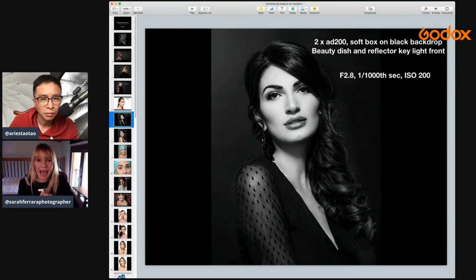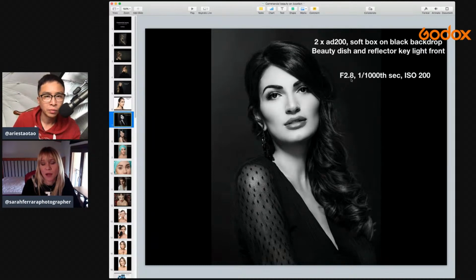And I've got a reflector as well. You can see in the catch lights, you can see the little tiny dot. That's just a small silver reflector. As I was traveling light, everything's got to be small. Just a small reflector held right underneath to provide that glow. That's what she looks like. She's glowing, and it's the reflector that does that. And it's filling in these shadows a little bit. Otherwise, they would have been completely black. But yeah, I wanted that portrait look,